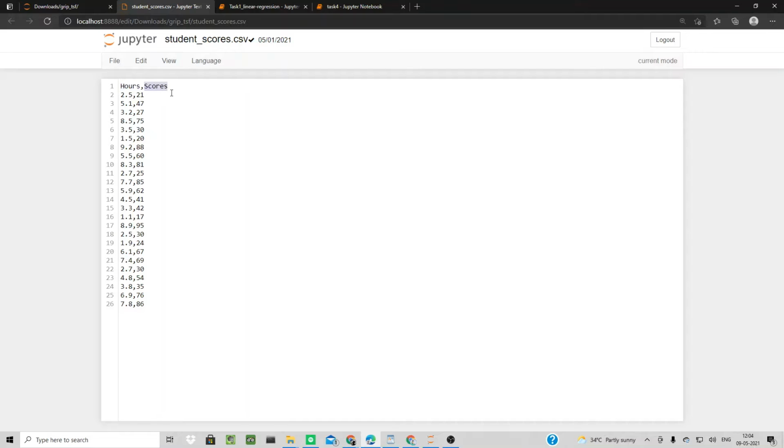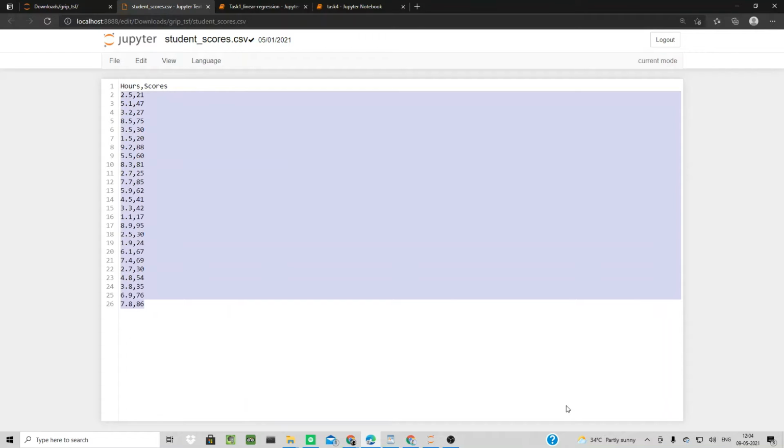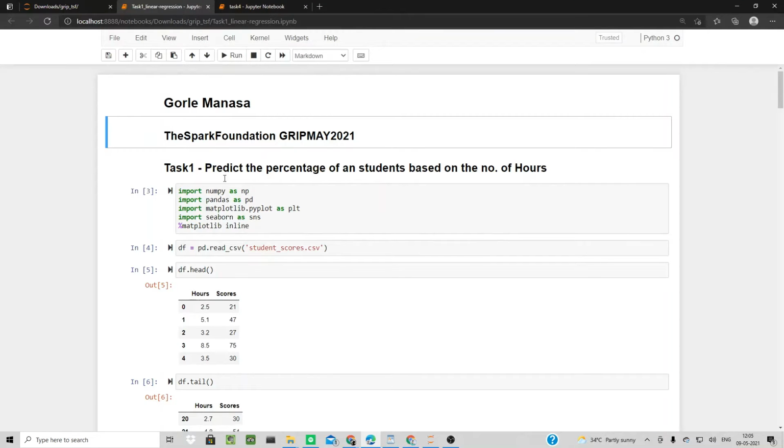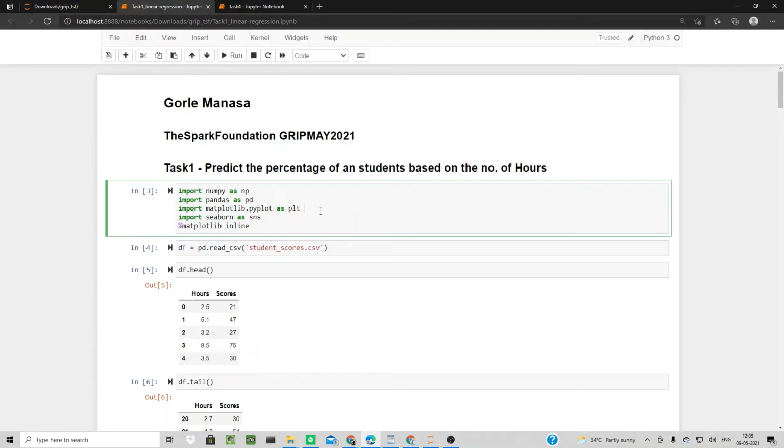It has two columns and 25 samples. In this, one is an output column and one is the input column, and the first column is an independent variable and the second column is a dependent variable. As we all know from our childhood, we have learned y is equal to mx plus c. This formula is a basic formula for linear regression.